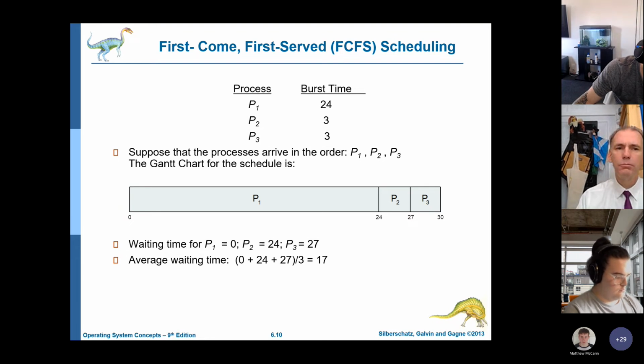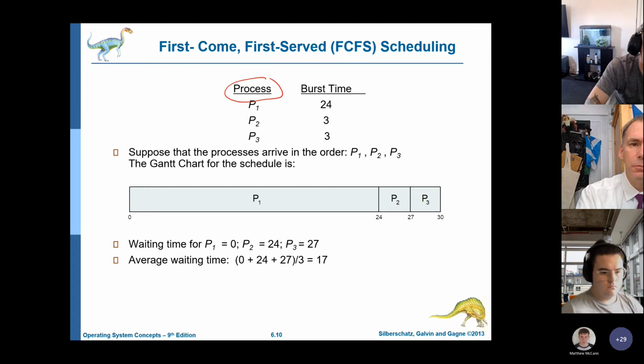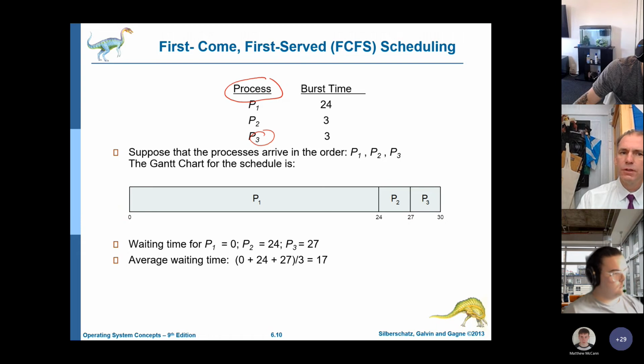So you can see a column with processes. They're identified with P and then a subscript. So process 1, process 2, process 3. And then we have something called the burst time. How long does that process take to complete? Now, the one thing that we haven't put against the burst time is